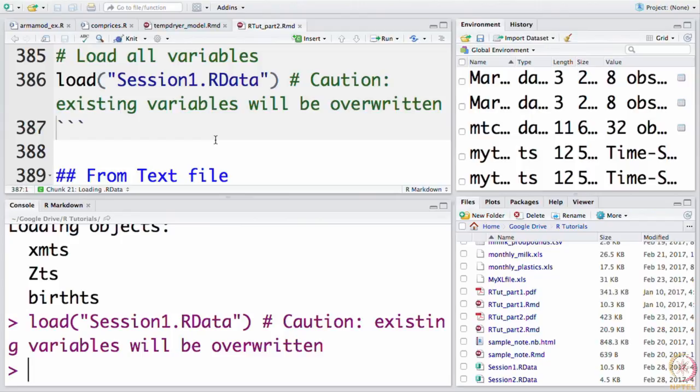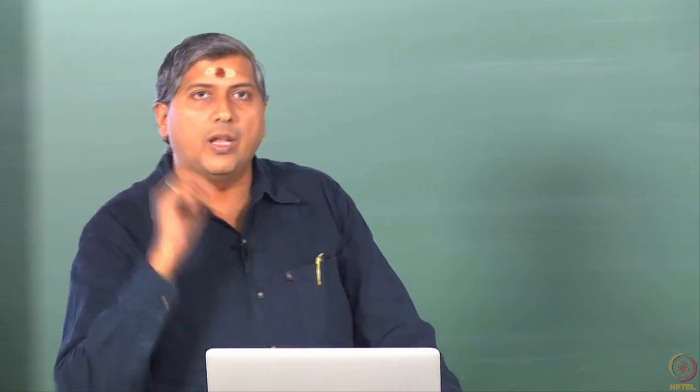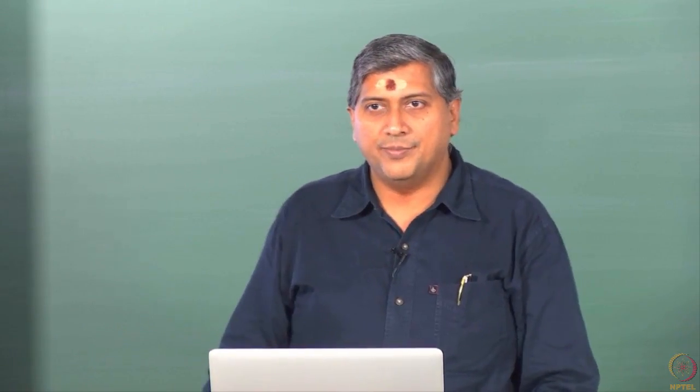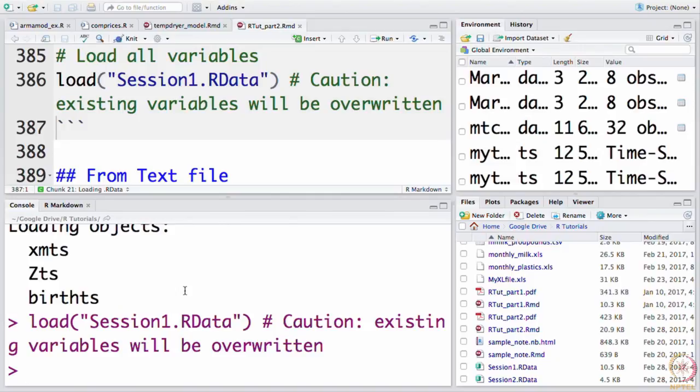So, that is all to this .r data. You save and you load. There is another command also called attach. What this attach does is it does not load like the way the load has done, but it provides access to the contents of the file, so that you can specifically access the variable that you want, right, and try that out. So, just try for example attach whatever file name, let us say session 1 or session 2.r data,